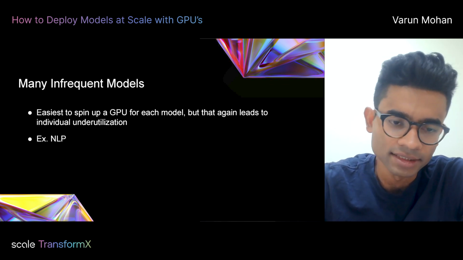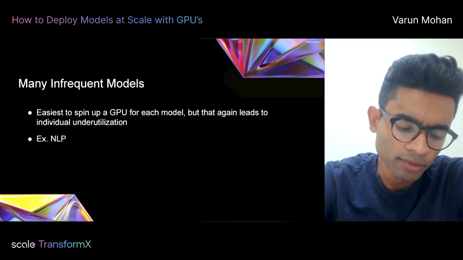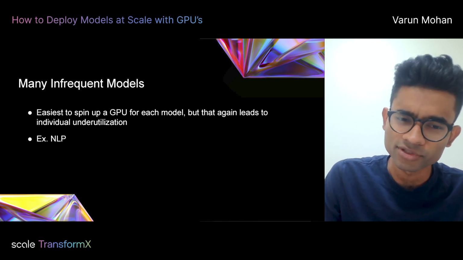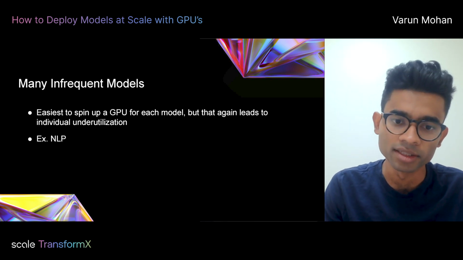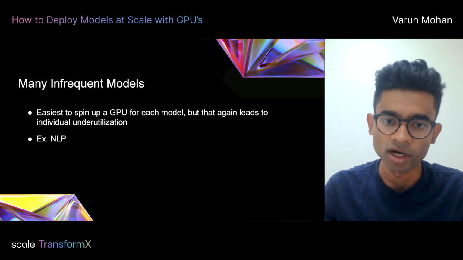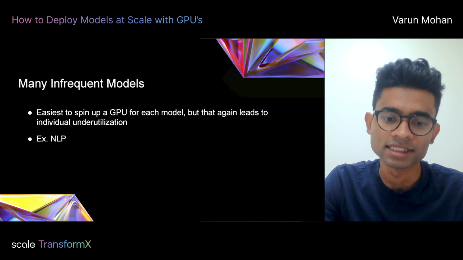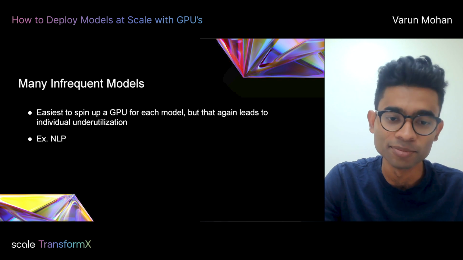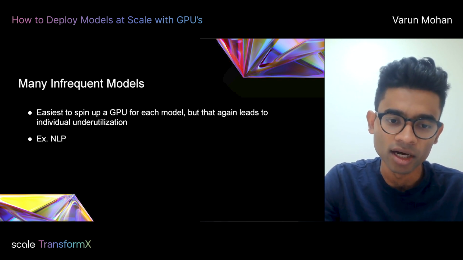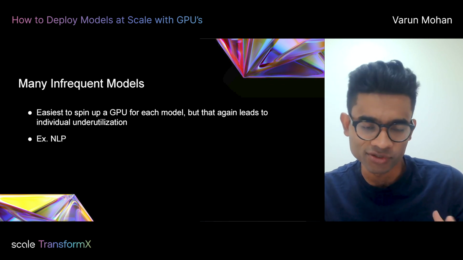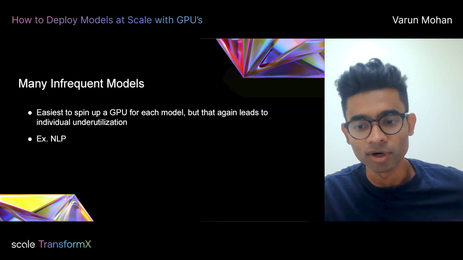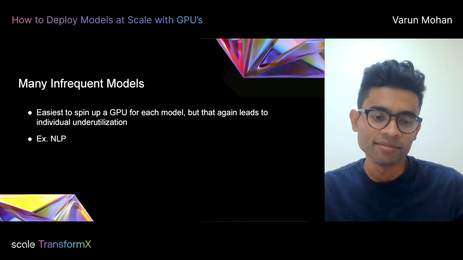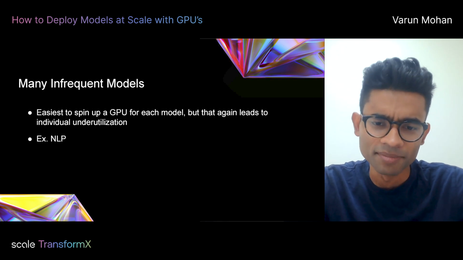Maybe one other last thing to note there is, the ideal scenario is you want to be able to pack a bunch of these models together. But GPUs also have relatively low amounts of memory available on them. If you take something like a T4, which is a common GPU used, you basically have somewhere around 16 gigs of memory. Whereas for CPUs, you can get very high amounts of memory. You can get a CPU machine that has potentially a terabyte of memory. So because of that, ideas of packing become a little harder. And this is also why, for workloads that get poor utilization, the solution of why not just replicate your application many times ends up becoming hard to maintain, basically.